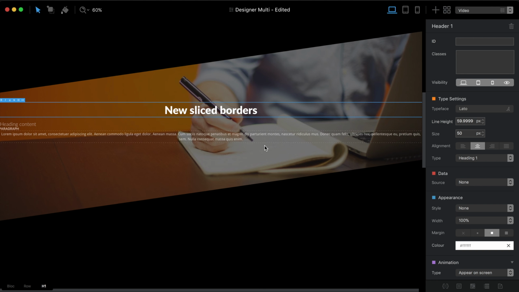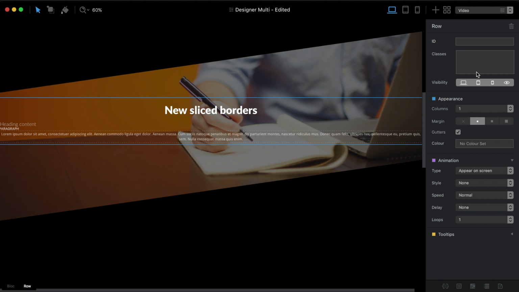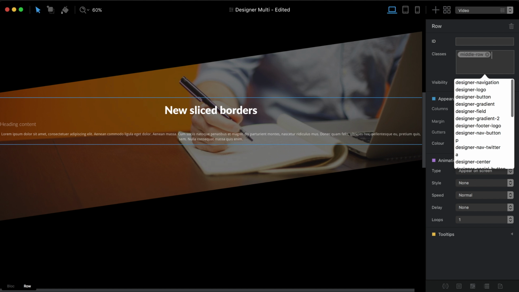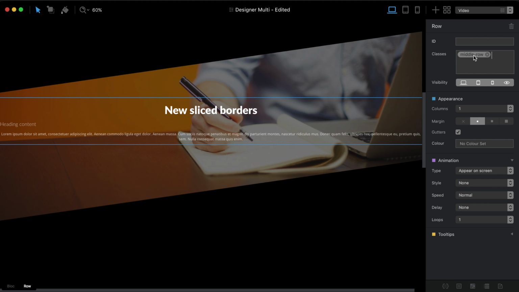As I told you before, to select the row, you just click anywhere inside this row, and here in the bottom corner we can just click on the row, and let's add the custom class. Let's say middle row. We will name it middle row. Let's open this custom class,